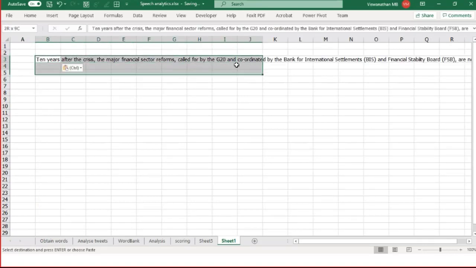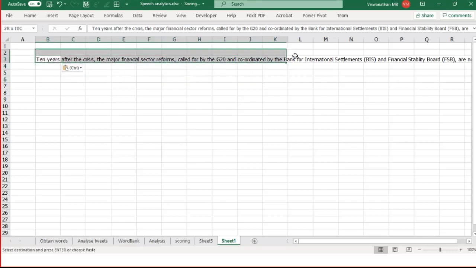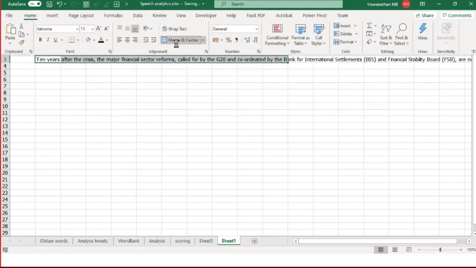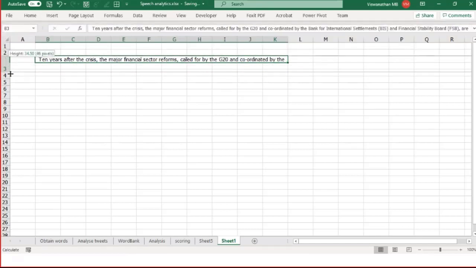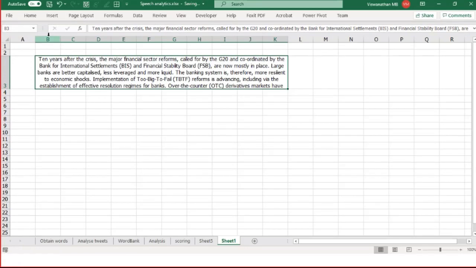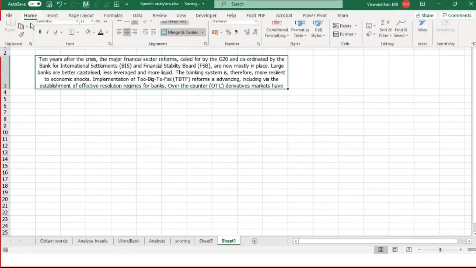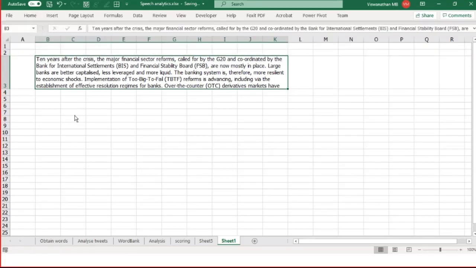And here I have the entire text. Just so that you can see the entire thing, let me merge these cells, wrap the text and widen things here.